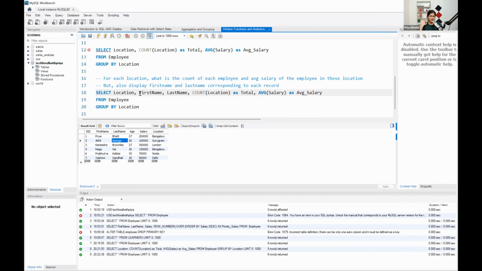And now, first of all, if I just run only this part, will that work? No, because we're looking for location, first name, last name, count, and the average salary. Five things we're looking for. Will that work? No. Why not? You have to put it in the group by also, because it's a non-aggregated column, so it will throw an error. So if I just put it here,